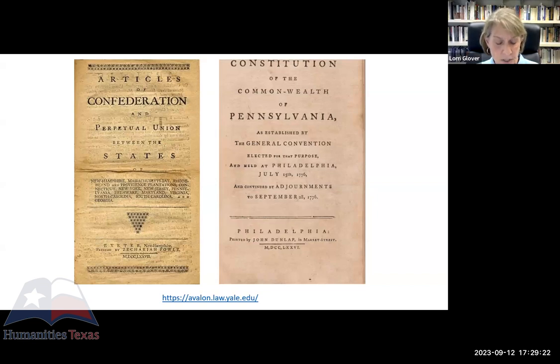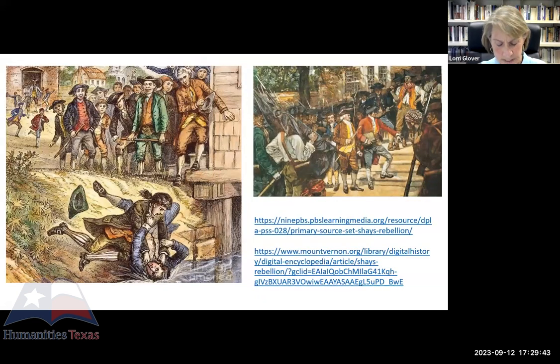And these shared structures kept representatives close to and responsive to voters. They worked against the corruptive influences of distant centralized power. So remember the history, and you can appreciate the logic of these structures. Now, many historians conclude that it was the successes of the state legislatures that worried elites and experienced politicians at least as much as the failings of the Articles of Confederation. That was certainly the case with James Madison.